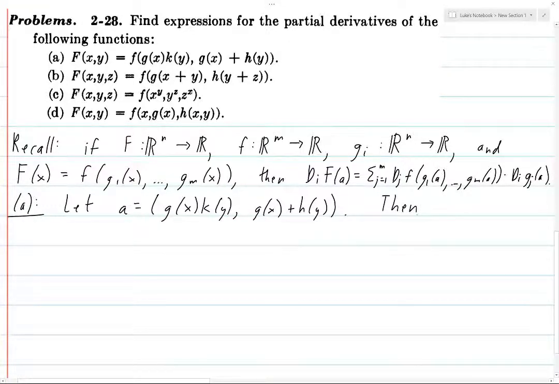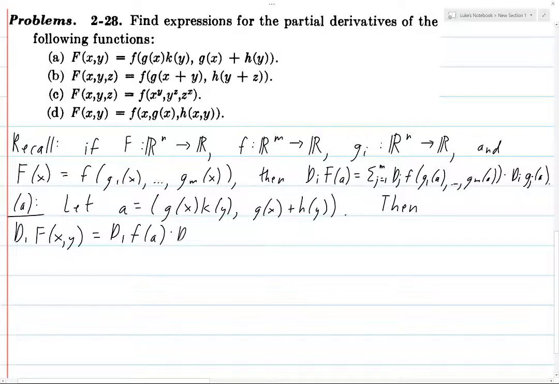So then D1 F, well, this is a function of x, y, and we first take D1 and evaluate it at f of all of the functions on the inside of lowercase f, but that's just f at a,